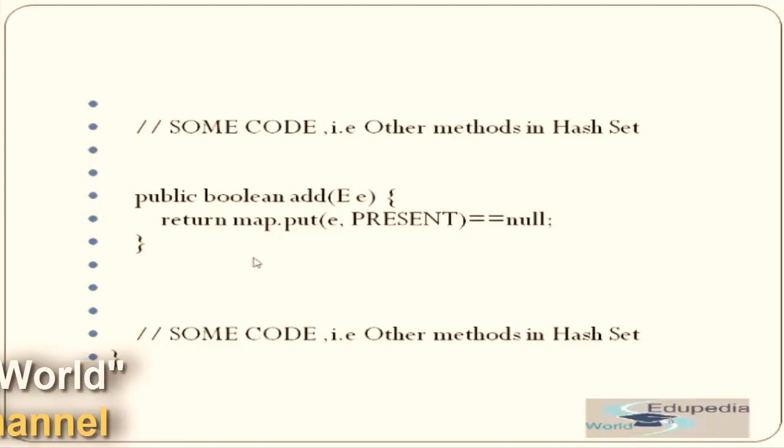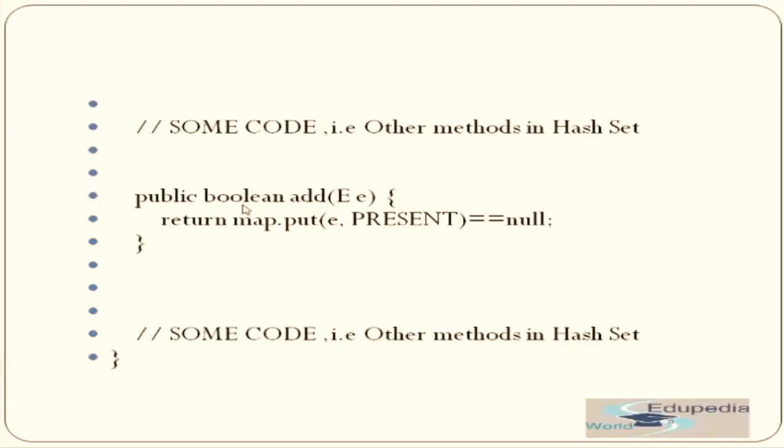Okay. So now if your put is successful and the element is actually inserted, then this will result in null. So we are checking if this results in null, that means it's inserted, so it returns true. Otherwise, if this is a duplicate key, then it simply returns the value of that, so that won't be null, and the result will become false. That means it is a duplicate element and it is not inserted into your HashSet. Okay, so this is how the HashSet add method works.